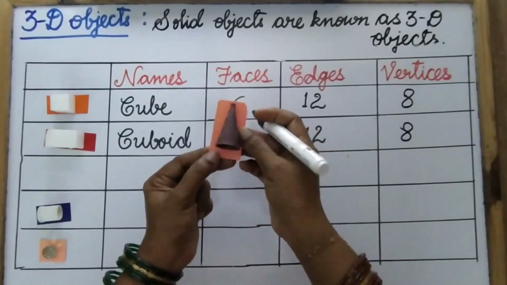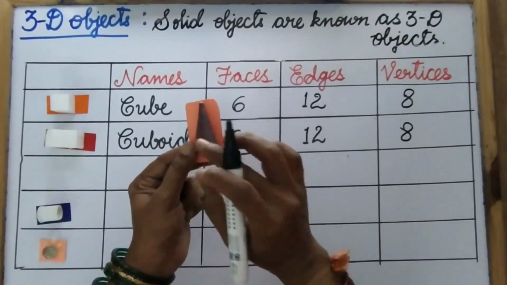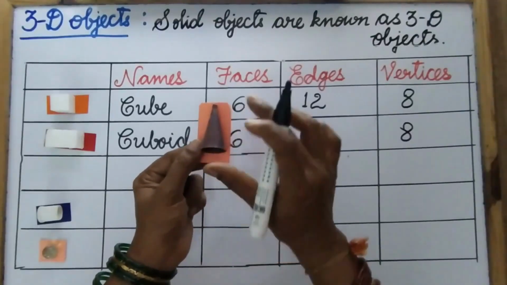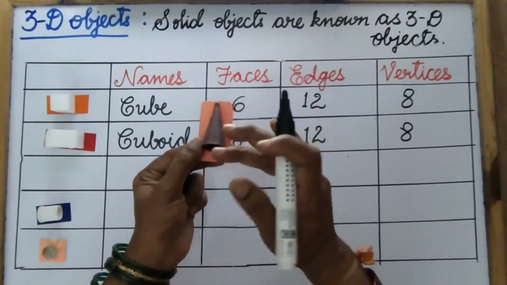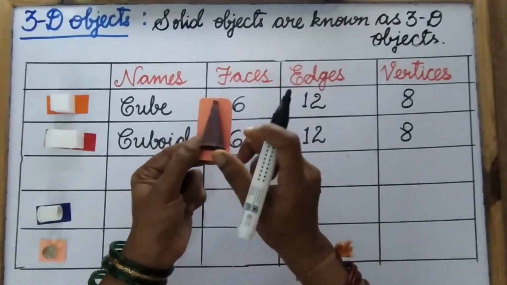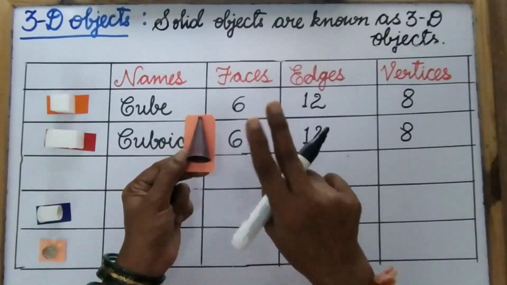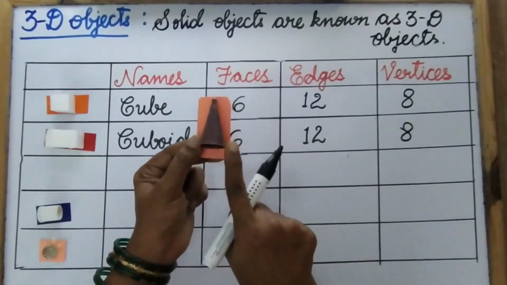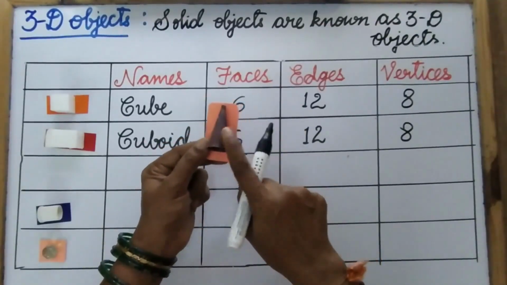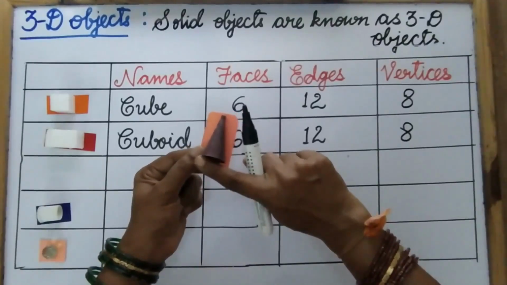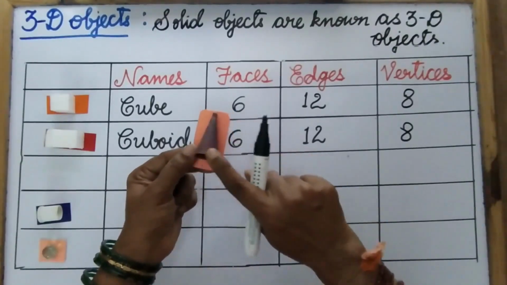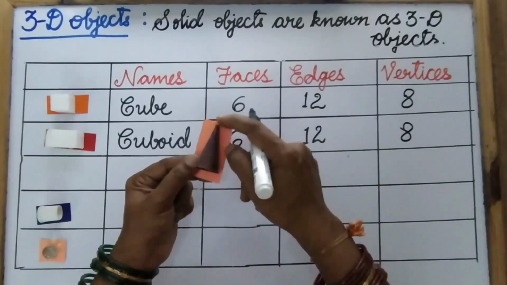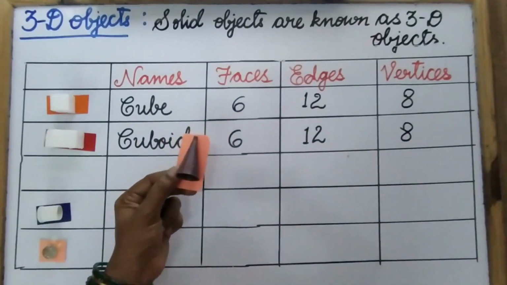Here it is, a cone. Yes, we can see the cone here. See, the cone has a curved surface, one curved face as well as one flat face. So a cone has two faces. Edges: only one edge. See, where this curved face and the plain face meet, here, this is one edge. What about vertex? Yes, it has only one vertex.